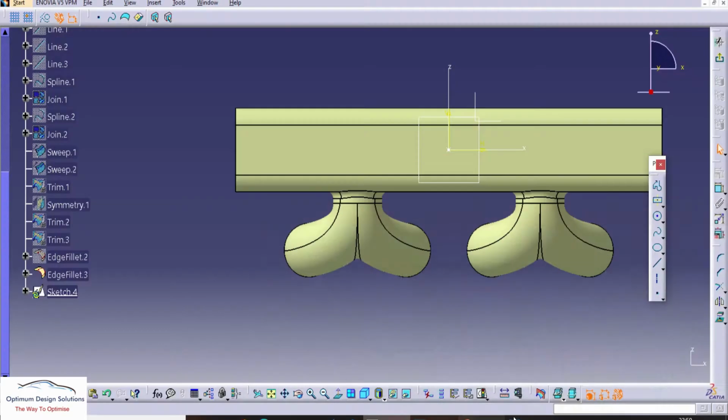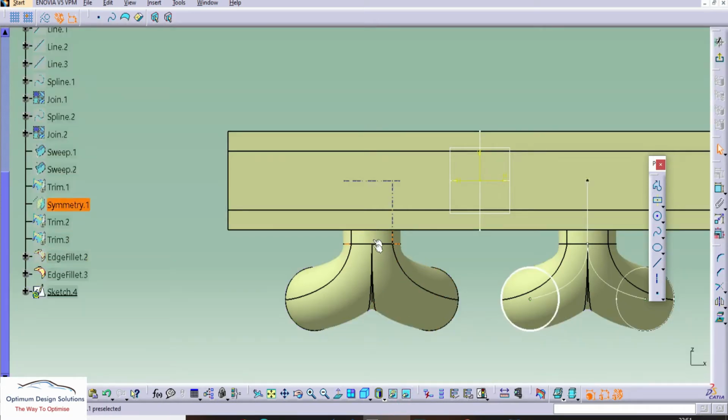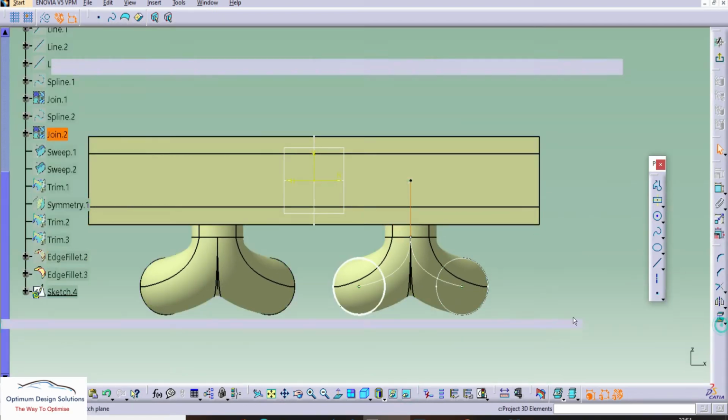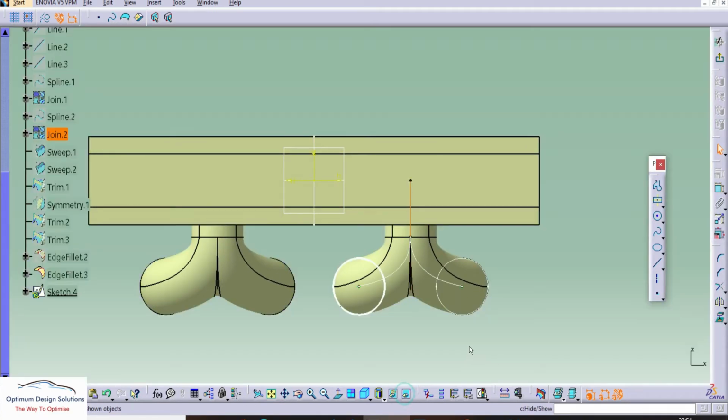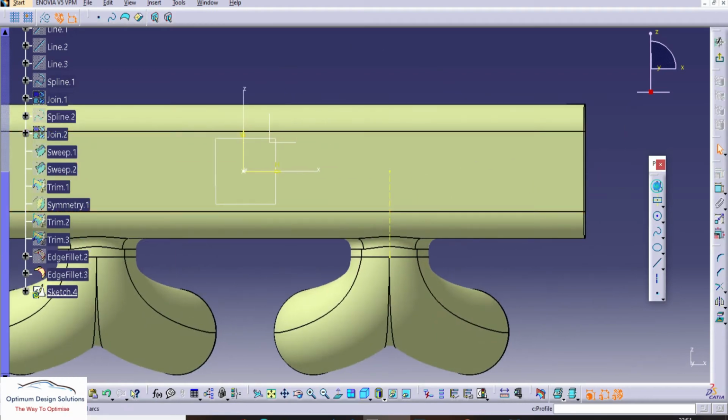Similarly we'll design one pocket, one surface, and it is exactly mirrored with the center plane. So kindly refer to the dimensions. We'll take the joining portion as a reference here, and we'll draw from the RH side here. So once again we'll draw.